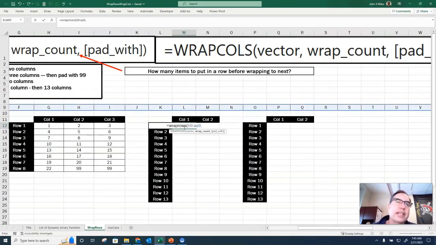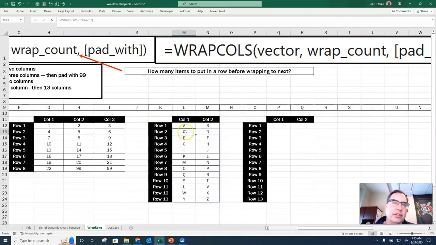And I'm doing WRAPROWS again, and it's going to be evenly divisible, so I'm not going to deal with the pad width. But I'm going to say wrap it 2 in a row before wrapping, and I get this. You know the alphabet, it goes A, B, C, D, E, F, G, so it's wrapping this way. If I do the same vector, and if I go to B9, AA9,